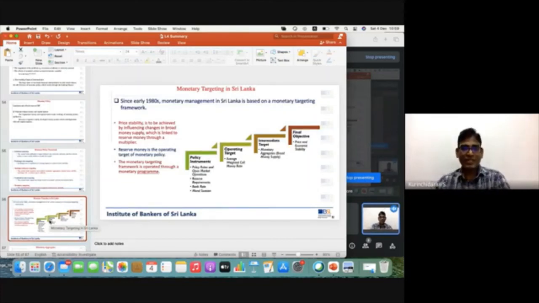Okay, so here I just want to elaborate something in the Sri Lankan context as well. That's very important. If you see the history from the 1980s onwards, Sri Lanka is following monetary targeting, right? When I say monetary targeting, just understand we are talking about the money supply. How much money should be in the market, in layman's language. Okay. So as we discussed earlier, now you see this